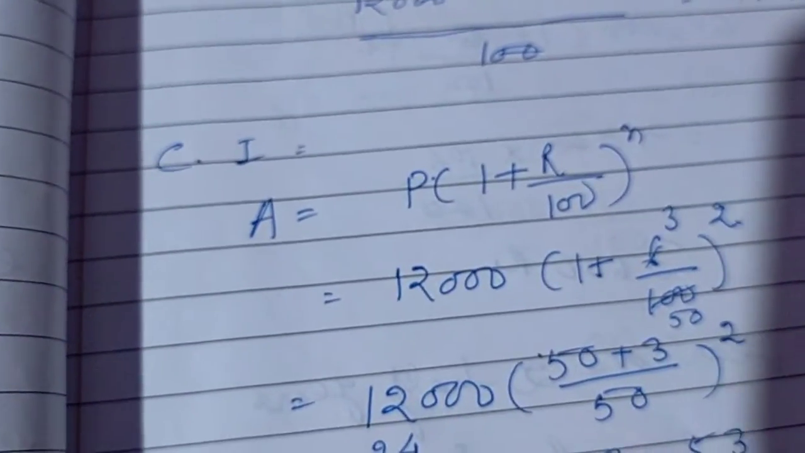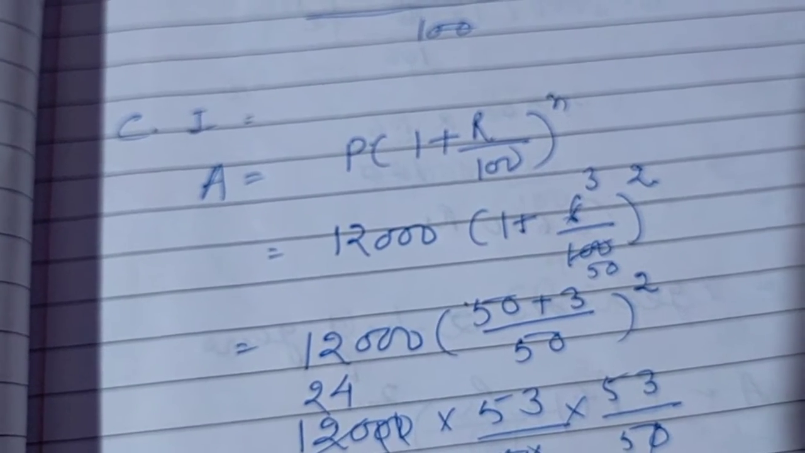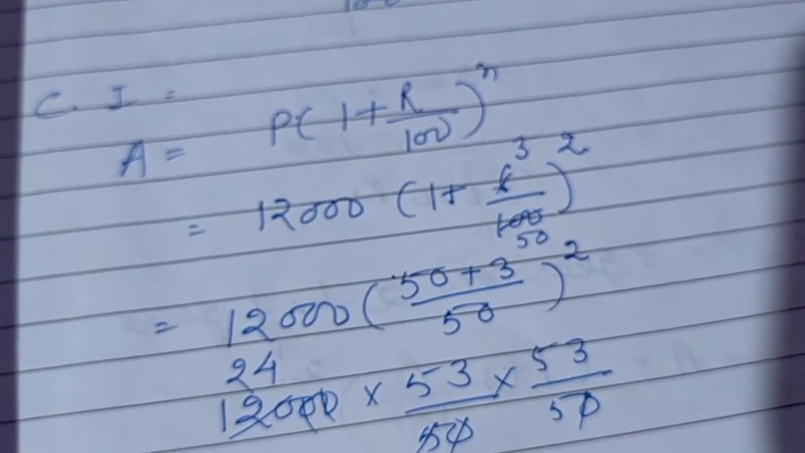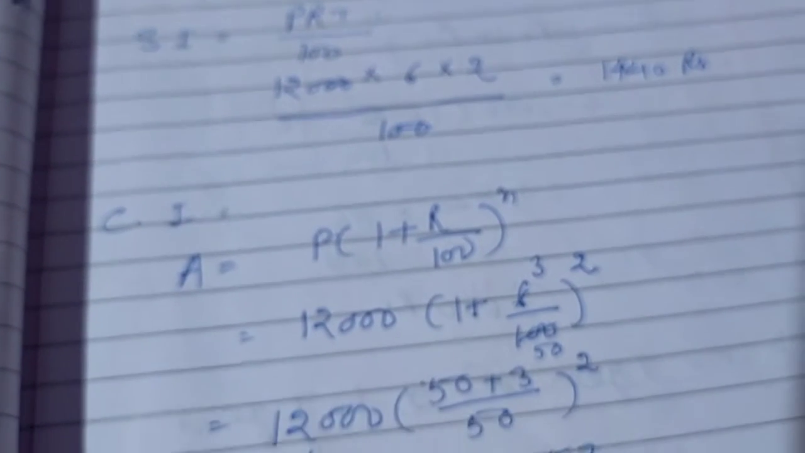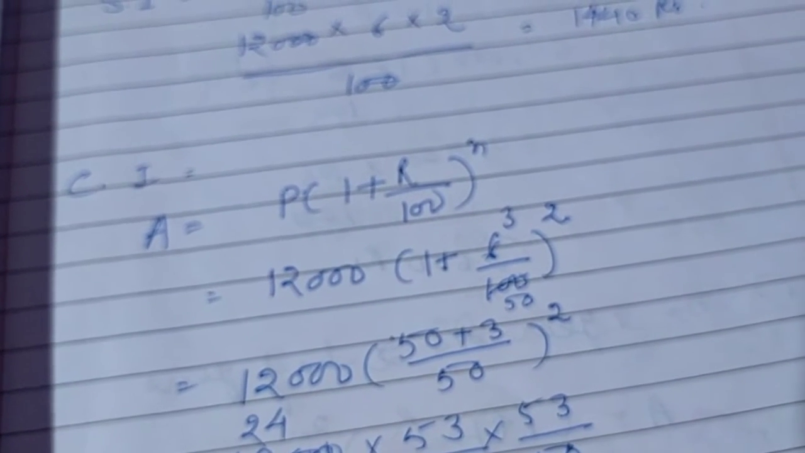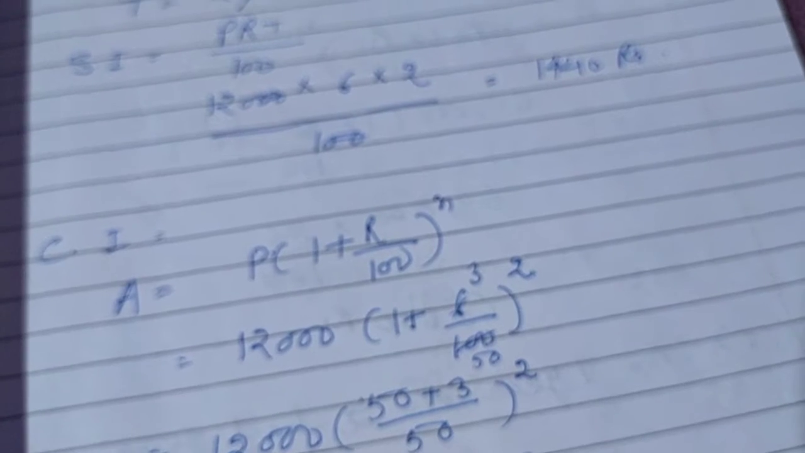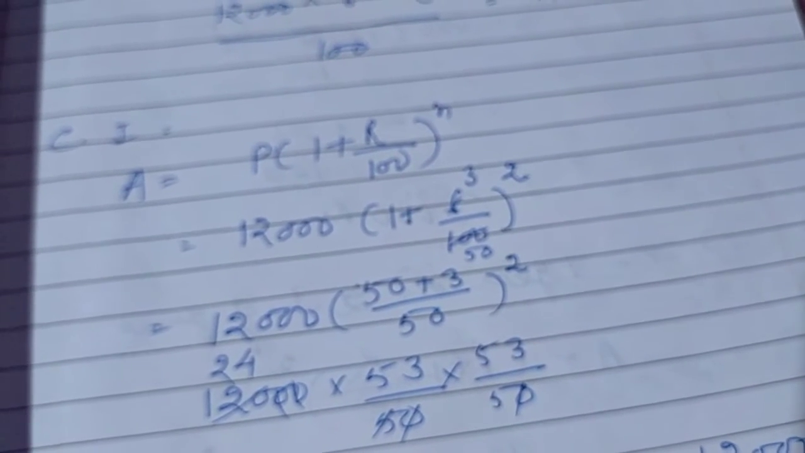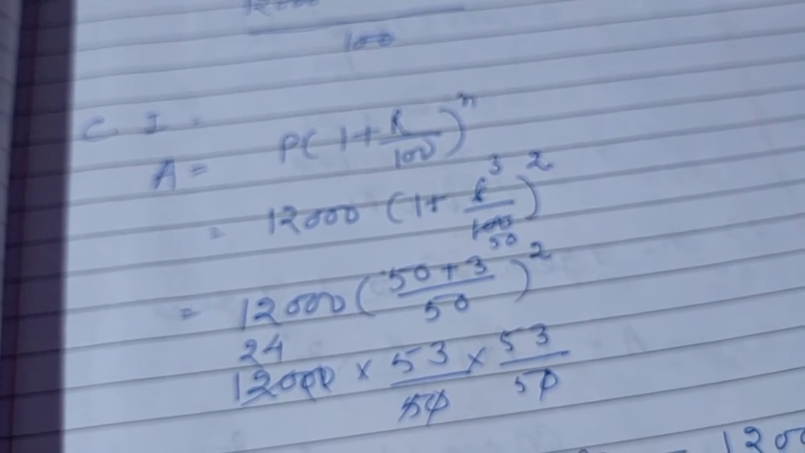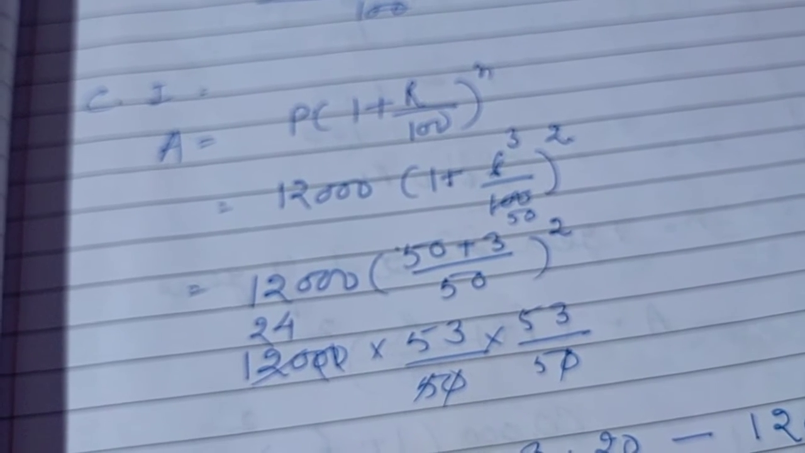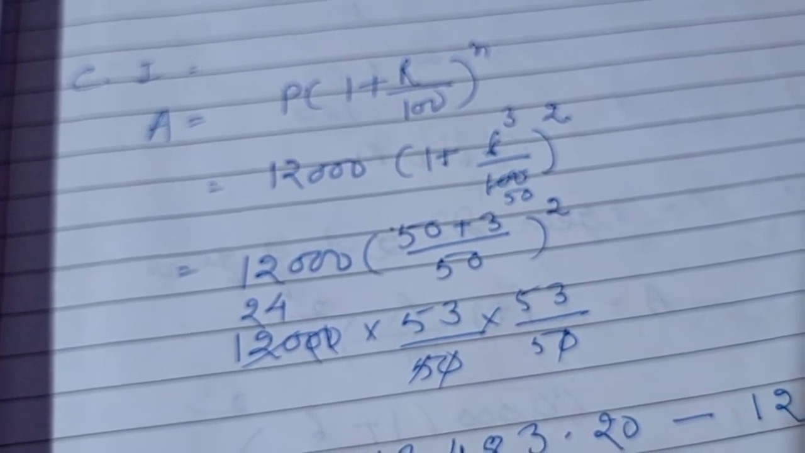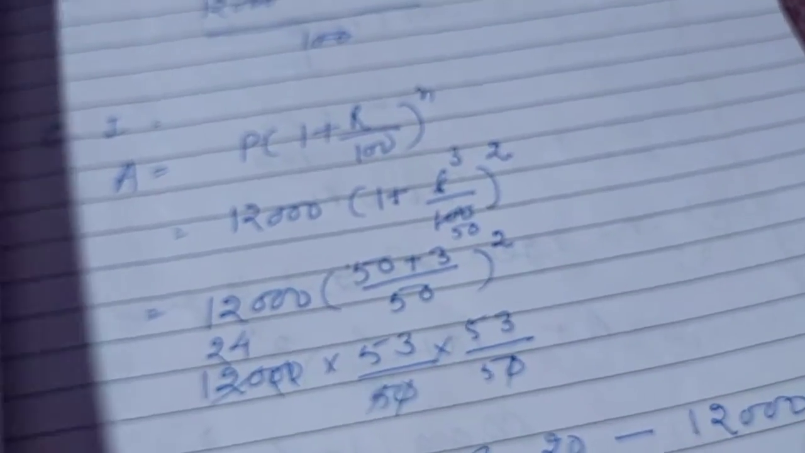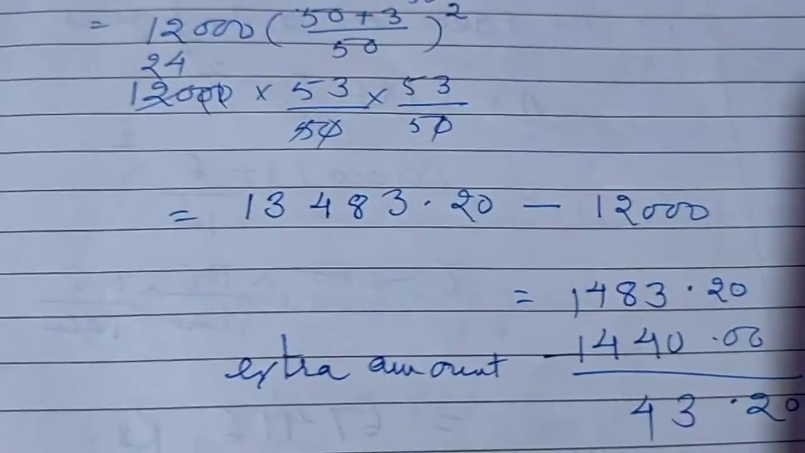Now we find out the compound interest. Here first we'll find the amount. 12,000, 1 plus rate is how much? 6%. So 6 upon 100 to the power 2. So here instead of 6 upon 100 you can write 3 upon 50. Take the LCM as 50. 50 plus 3. So you will get 12,000 into 53 by 50 into 53 by 50. You will get the amount